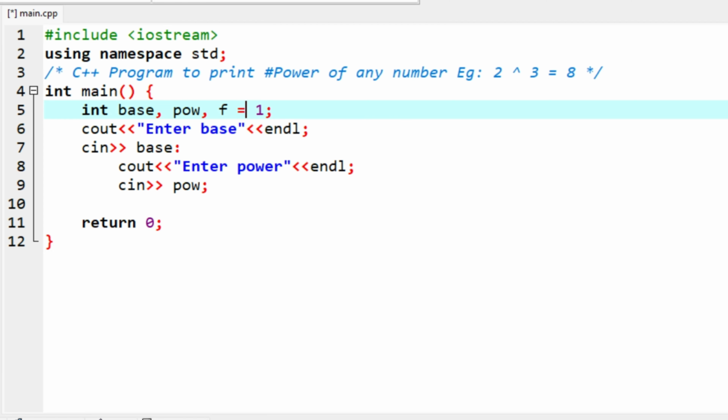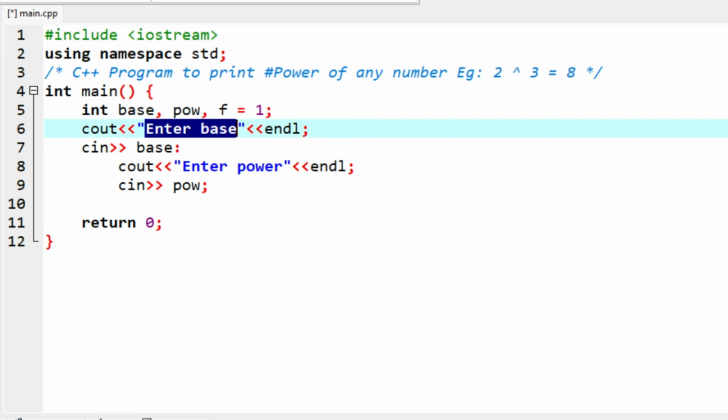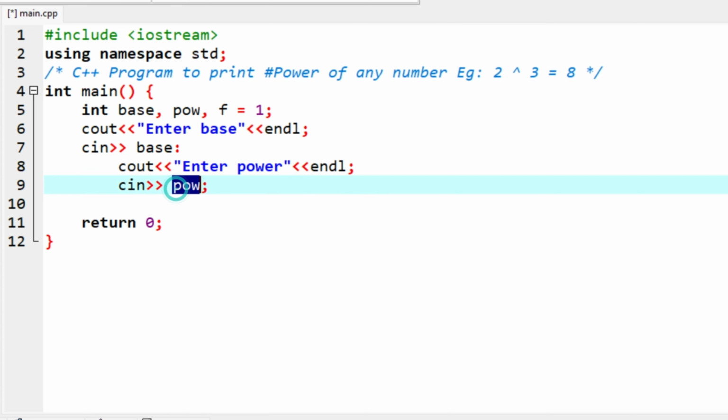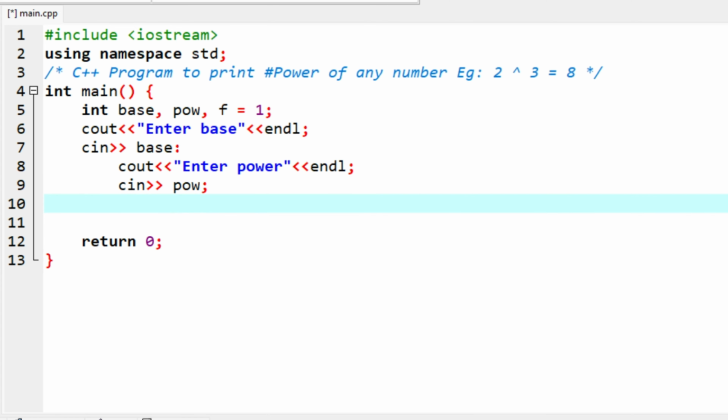Then we have to ask the user to enter the base, and read this base, and also we need the power, so we enter power, right? And then cin power. After we get base and the power, we are going now to find the power of this number by using for loop